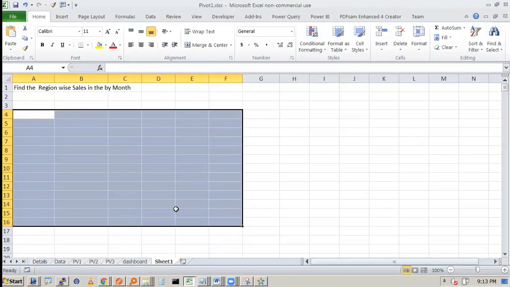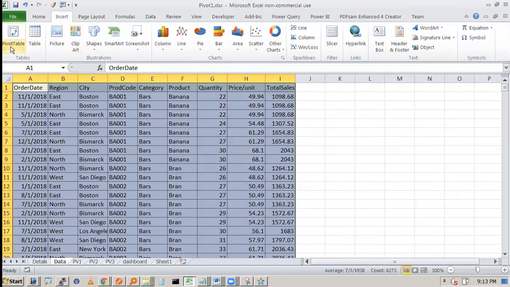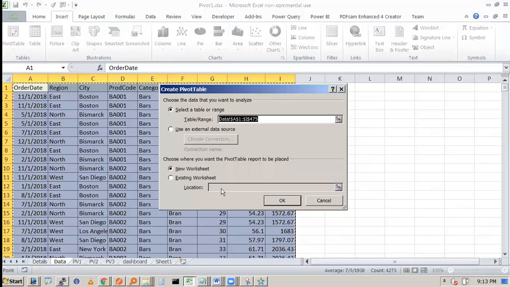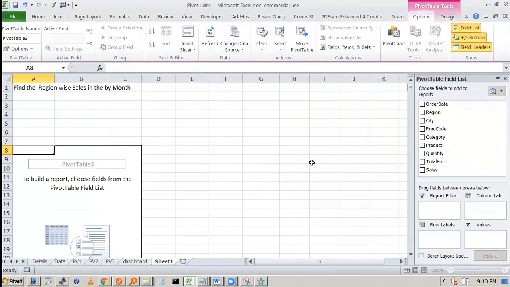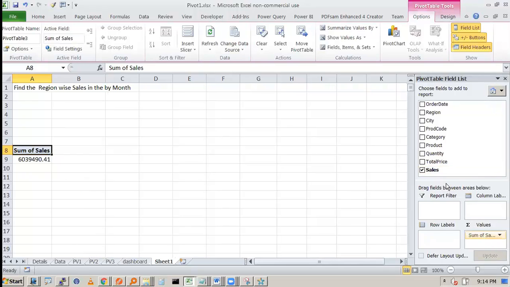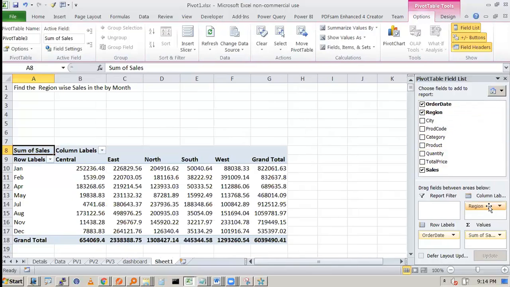It will work. Let's say what we want to do is insert a pivot table in the existing worksheet at this location. What we want is the sales summation, date-wise or month-wise, and we want region as a column.